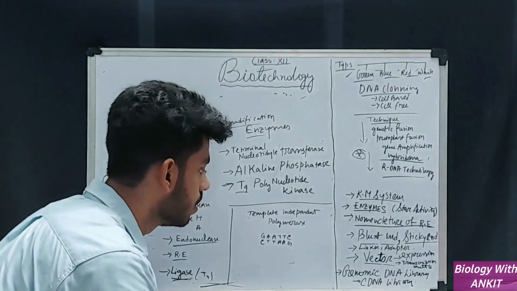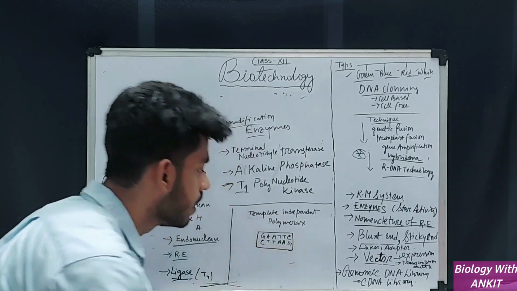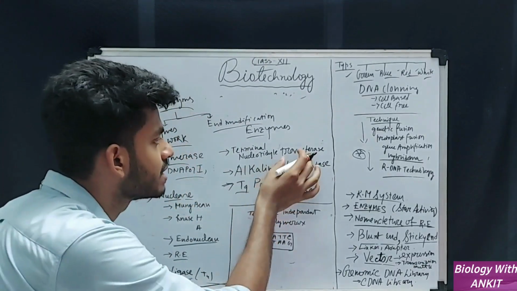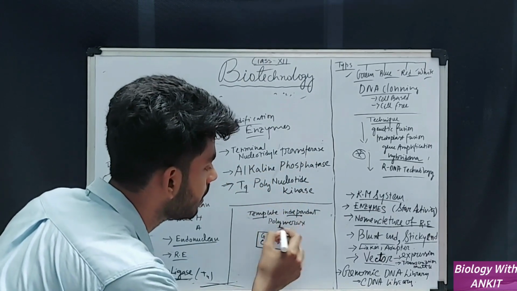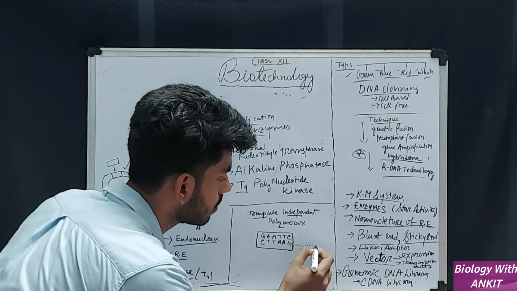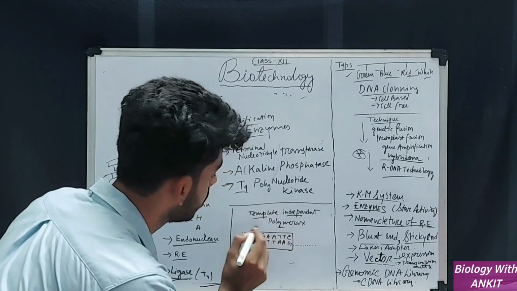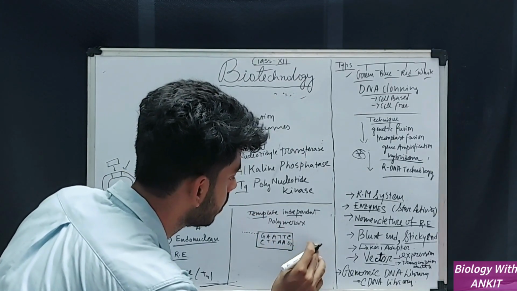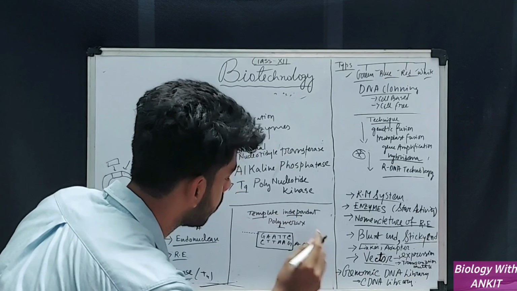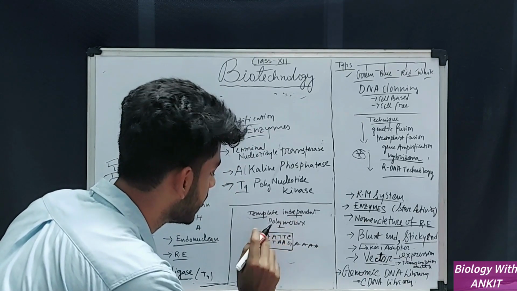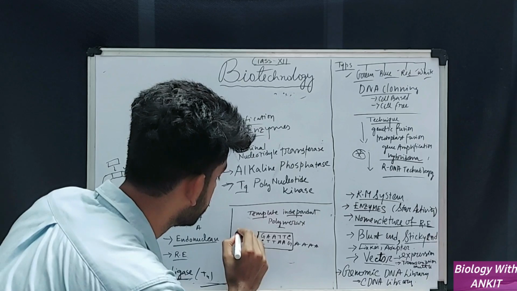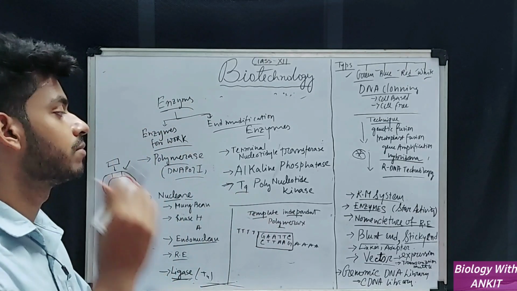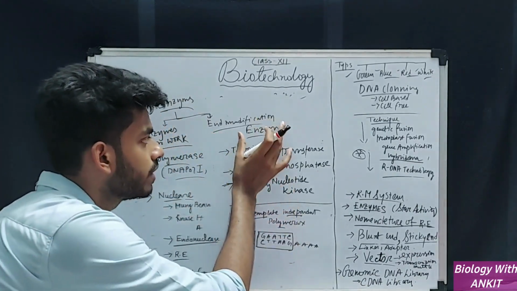So this is a sequence, and if I want to produce a sticky end, I will use this enzyme, and as it is a template independent polymerase, it will add new bases in the tail without even a template. Okay, so this is usually a poly A tail or poly GC tail, whatever nucleotide you have given it. It is T. Okay, so this is how the ends are modified. So this is the end modification system.